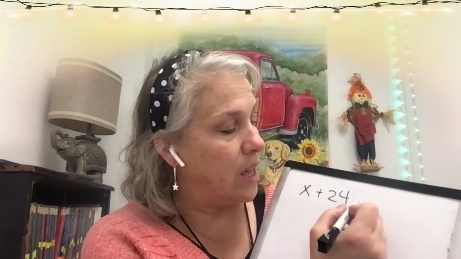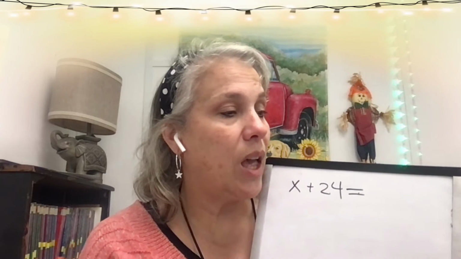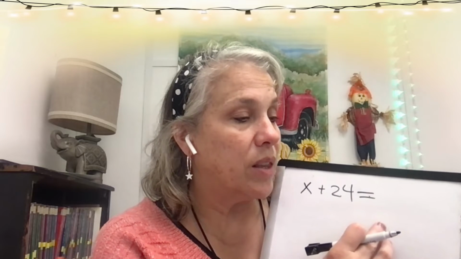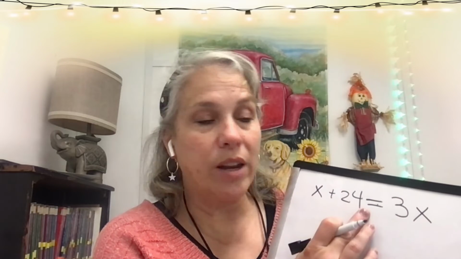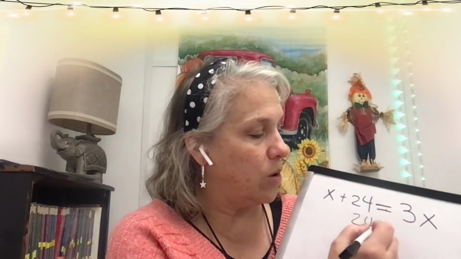If a certain number is added to 24, so a certain number, we don't know what that is, but we do know that it was added to 24, the result is a clue for an equal sign. The result is the same as if the number were multiplied by 3. So this number multiplied by 3 would be equal to that number added to 24. So now again, you're going to solve for x. I'm going to subtract x from both sides. I'm going to get 24 equals